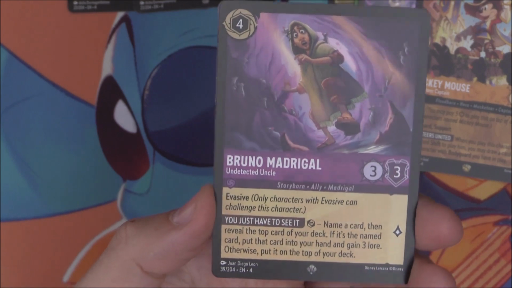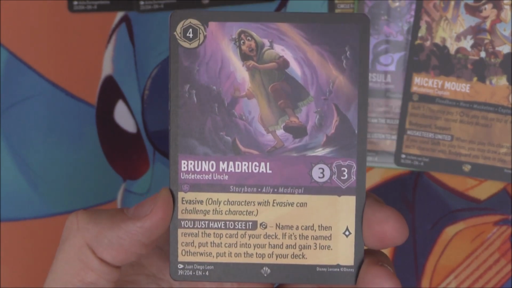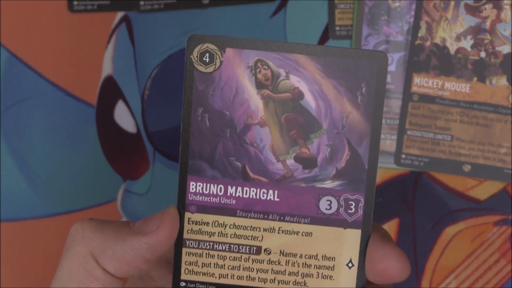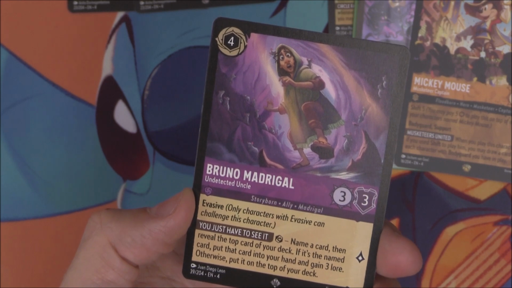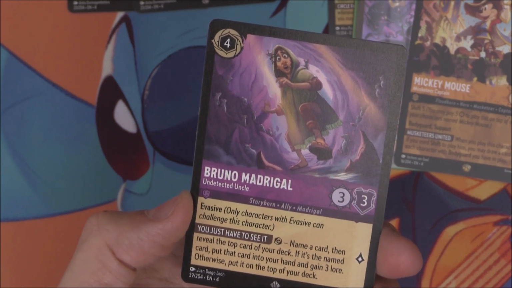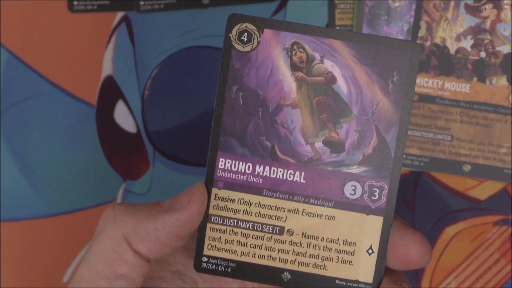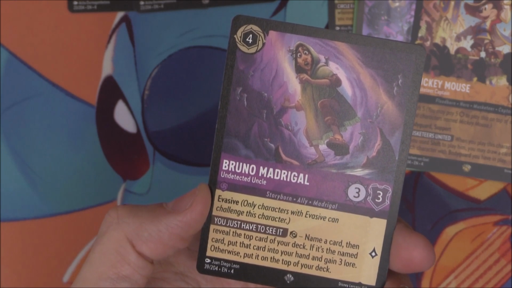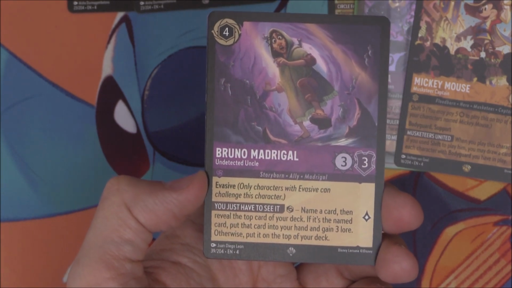This is Bruno Madrigal again, but looks as if it's less under Ursula's control on this one. This has got Evasion. It's a 4/3/3 for 1 lore. Exert, name a card, then reveal the top card of the deck. If it's the named card, put that card into your hand and gain 3 lore. Otherwise, put it on the top of your deck. I mean, that's going to be pretty interesting, isn't it? Because you could just... There's a...